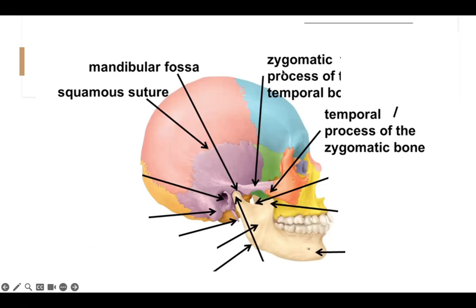So we have a zygomatic process of the temporal, and we have a temporal process of the zygomatic. Together, these form the zygomatic arch. So in lab, if you get to hold a skull model, you can actually wrap your finger around the zygomatic arch. This is kind of sitting further away from the skull,